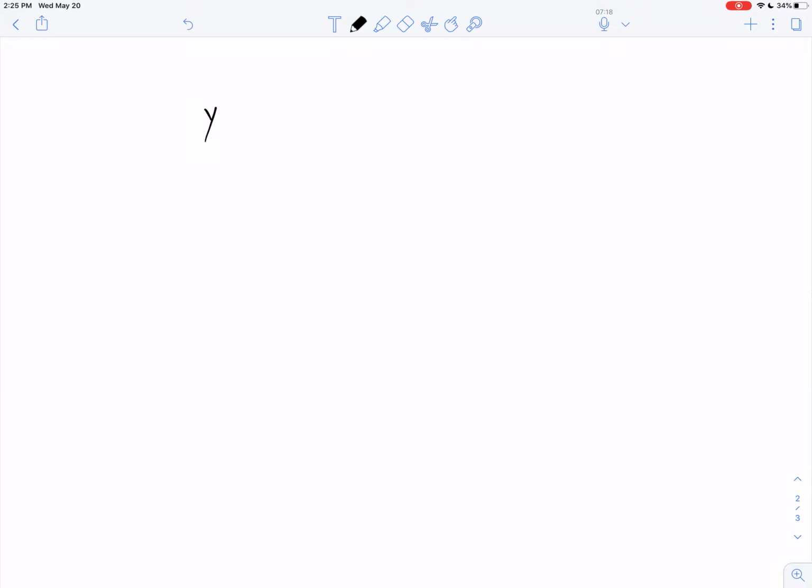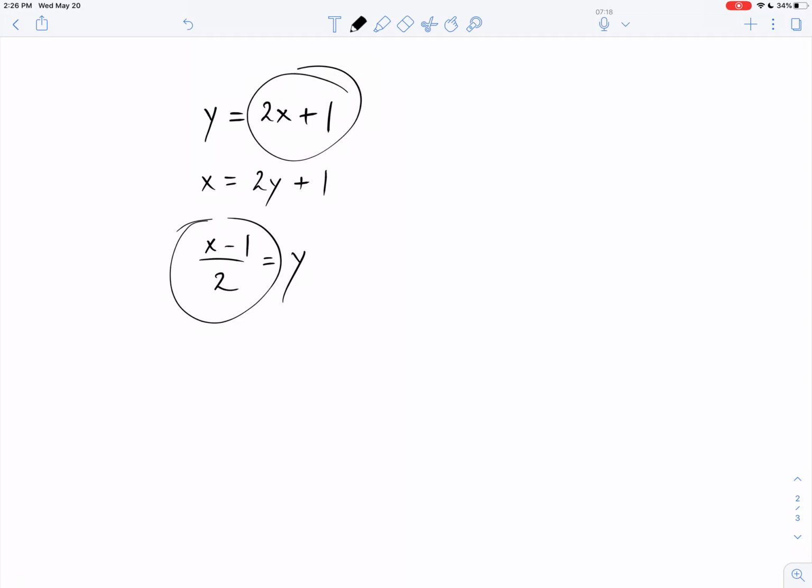If I give you something like y equals 2x plus 1, that's a linear function. I can switch x and y. I can solve again for y. And I can say this one is the inverse of the other, right? One is the inverse of the other. And remember, if I called the first one f of x, and I called the other one f inverse of x,